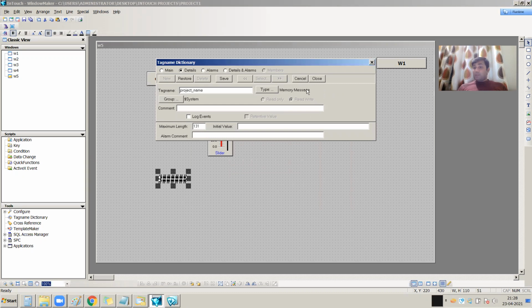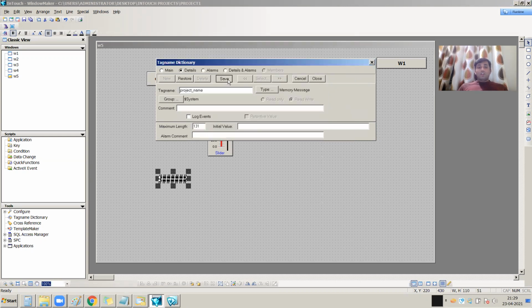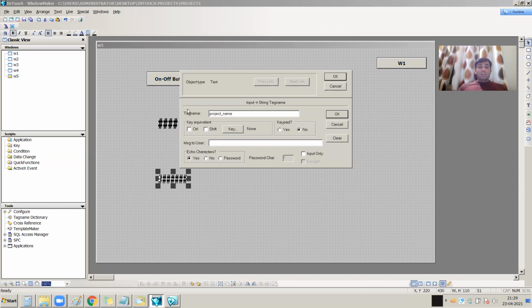It should be a memory message data type, because it's a string. Since I am using an internal tag, it's a memory message data type. String is nothing but your message. So I am saving it and closing it.